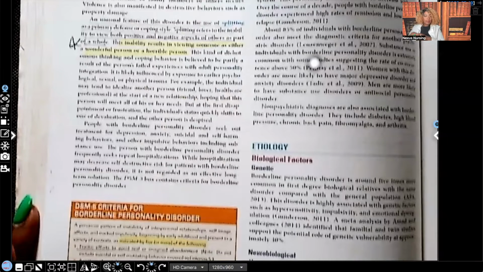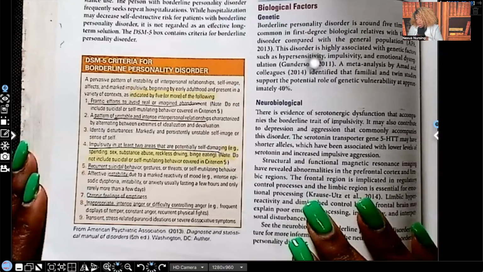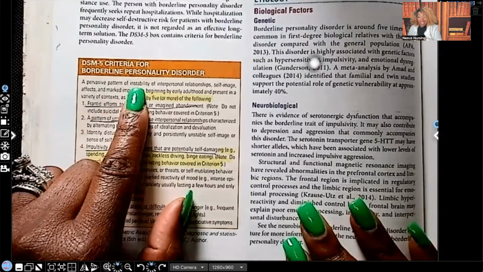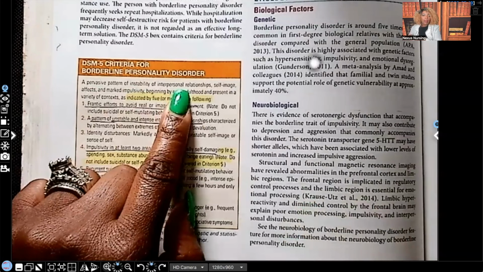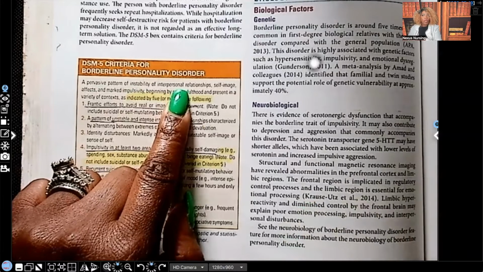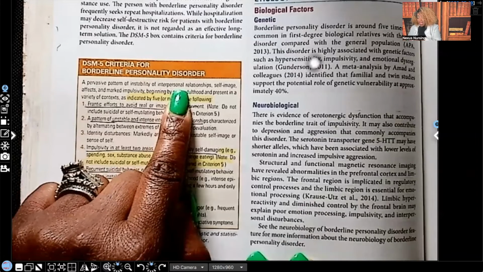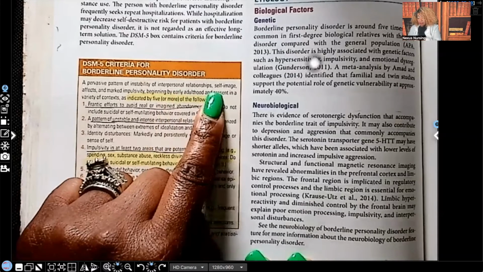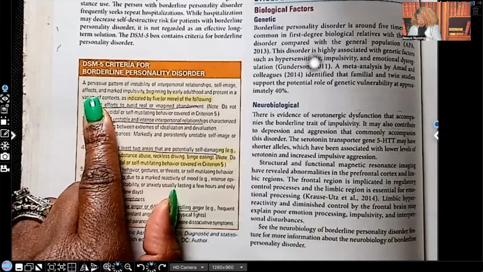Look at the DSM-5 criteria for borderline personality disorder. It's a pervasive pattern of instability in interpersonal relationships. And that makes sense, guys. You see what type of person we're dealing with. You think they're going to be able to have long-term interpersonal relationships? No. They have instability of self-image and affects. They're happy, they're sad, they're crying, and marked